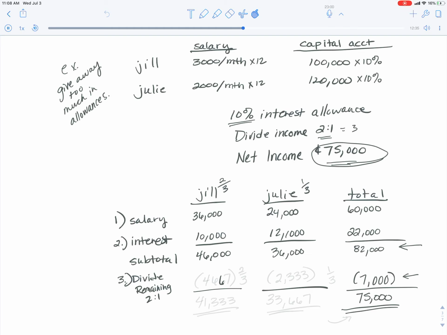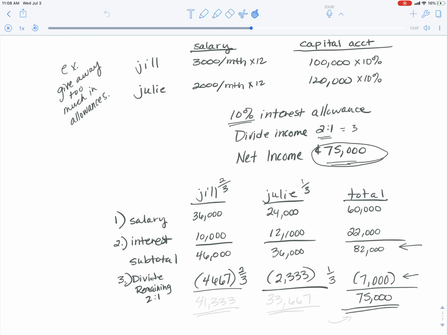So to split it 2 to 1, Jill has 2/3 of the $7,000, which is actually $4,667. You can round it. And then Julie has 1/3 of the $7,000. So we're going to remove that from the list here, from her share. So then they share this income,